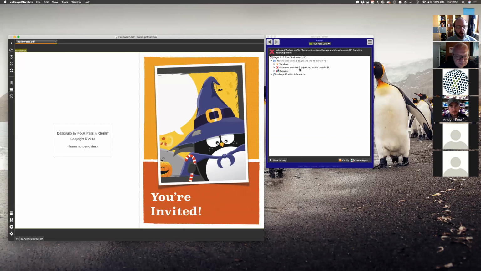Now, this is only possible in those cases where the JavaScript object, the doc object, can get you the information that you want. So, for example, number of pages. Another very popular one is the size of the trim box, for example. But only for those cases where you can get the actual information from the document. But in those cases, you can use that to write a very good error message